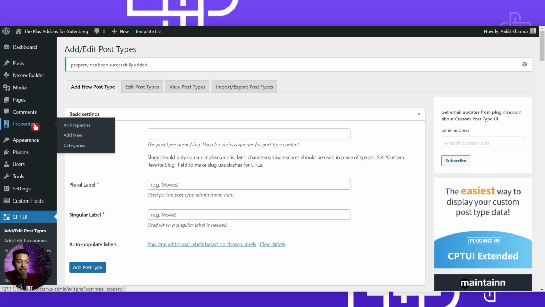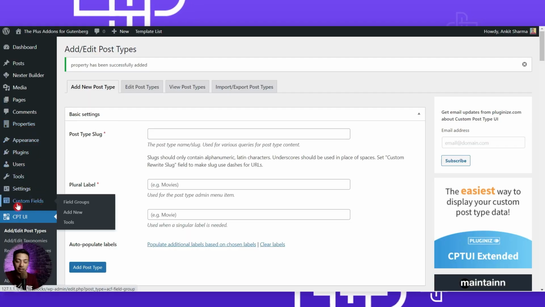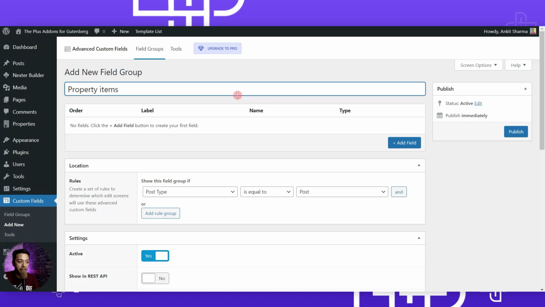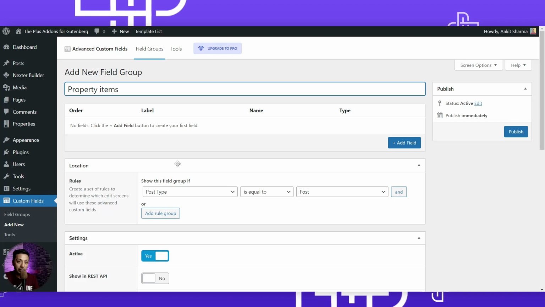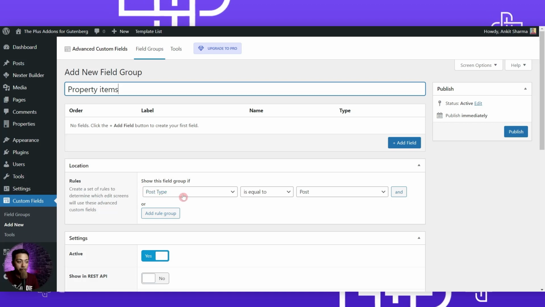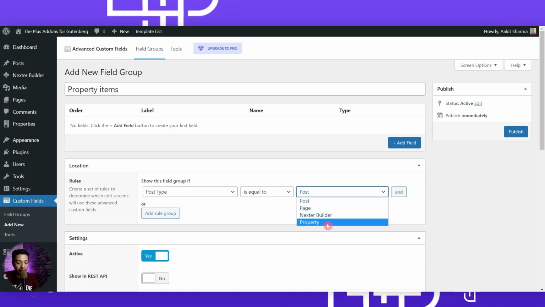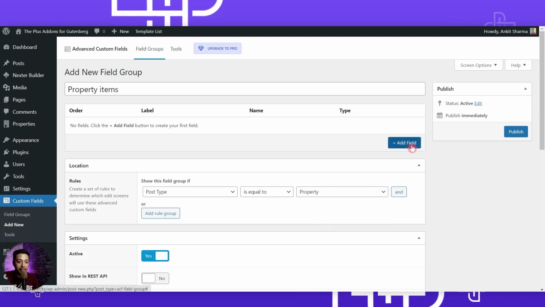So before we go inside this, let's go ahead and create some custom fields. So we go to our custom fields option here, and let's click on add new, and we will call it property items. So this is the group name which will hold all the fields that we will create here. But before that, let's assign the location for these custom fields. So we want to show these custom fields in post types equals to property. So this is the custom post type that we have just created. We want to show all these custom fields only with our custom post types. So we will select that,